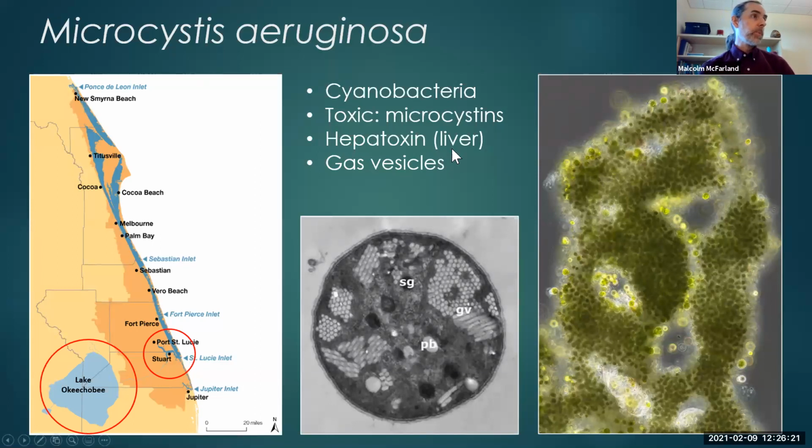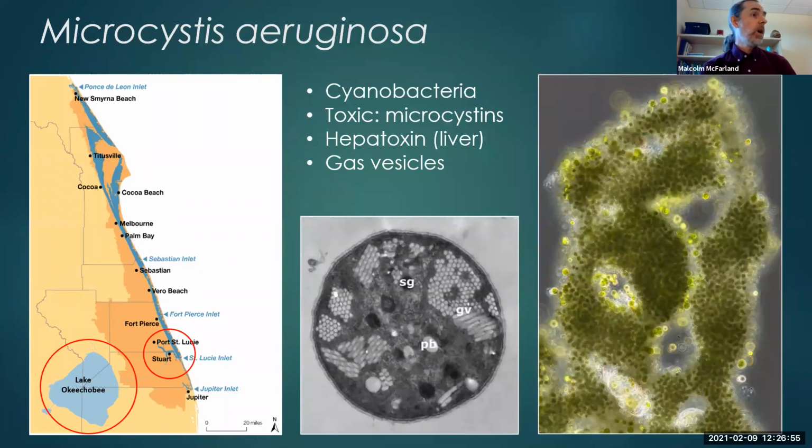One of the unique things about this organism is that it has these gas vacuoles or vesicles within its cells. And in the middle here, you can see an electron micrograph of just a single cell, and all these honeycomb-like features that you see, these are the gas vesicles. And this allows this organism to float, which gives it a real advantage in places like Lake Okeechobee, where it